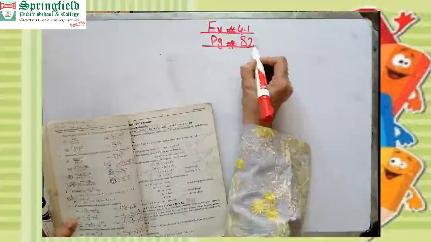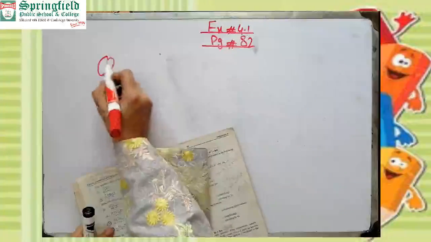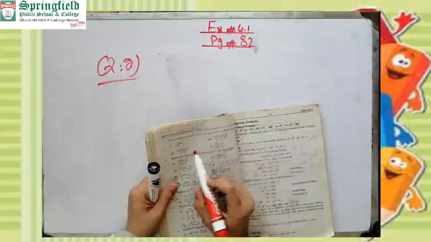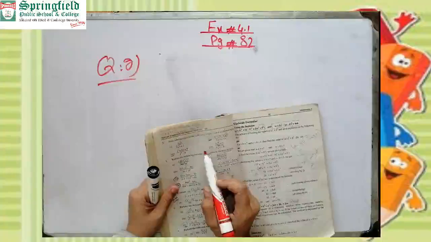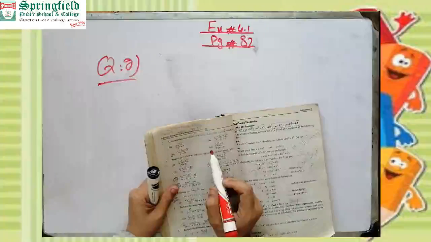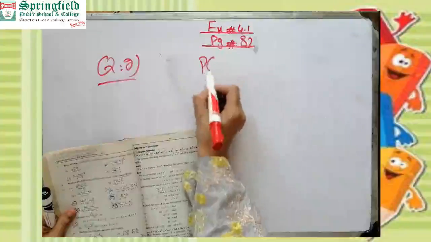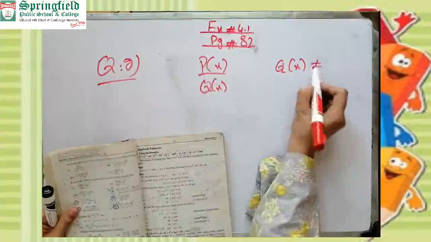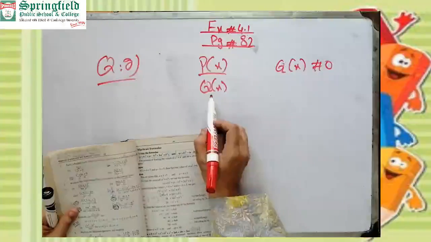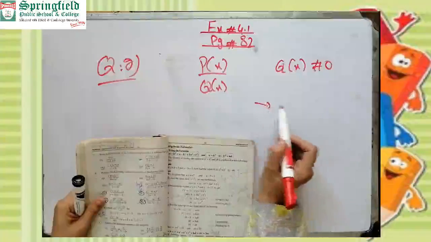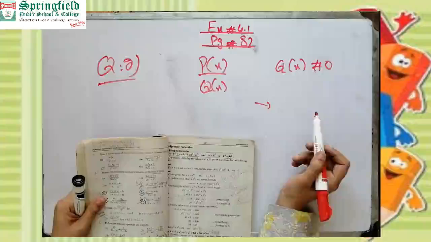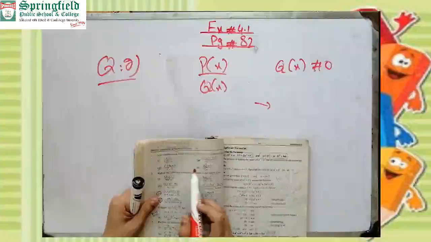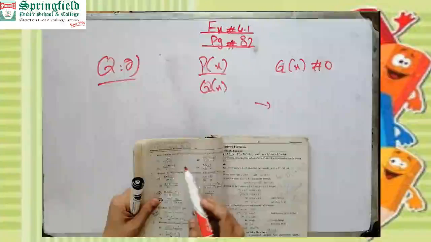Page 82, question number 2. They are saying, select the rational expression, meaning which one is the rational expression and which one is not. A rational expression means p of x divided by q of x, where q of x is not equal to 0, and both expressions have some conditions: the power of x is not negative and the last term an is not equal to 0. So same, choose the one: x power minus 1 by 2.